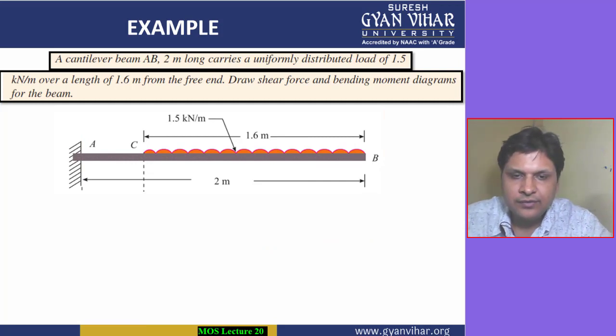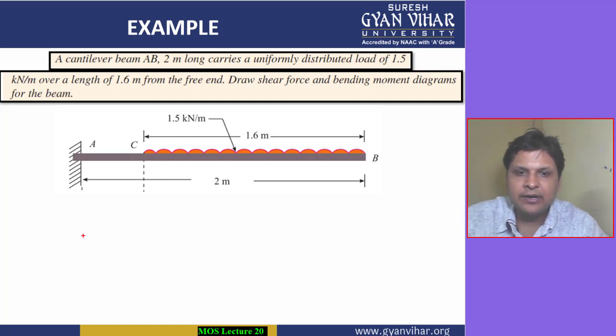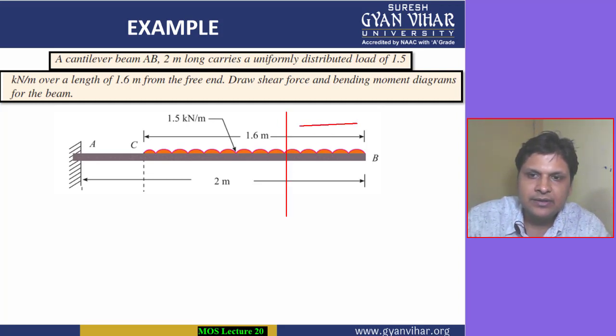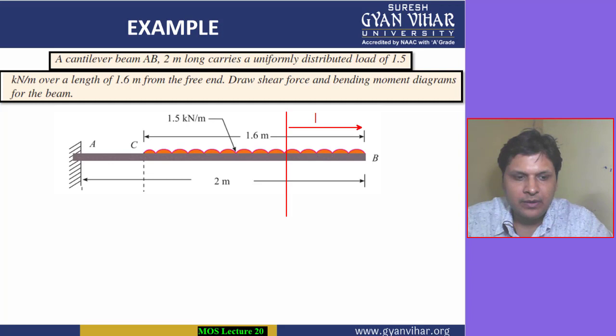Now we will try to draw the bending moment diagram. How will we draw the bending moment diagram? Again, in the same manner, we will first of all find an equation for bending moment. How will we find the equation for bending moment? See, for bending moment, you will first of all take any section. You are taking, for example, a section here. Again, in the same manner, this section is at a distance of x. Let's take x. All right, this section is at a distance, for example, x.